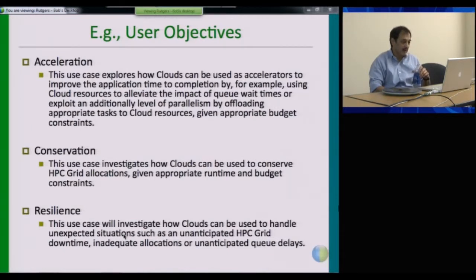And one could be acceleration. Can I use clouds as accelerators to somehow improve the execution time of my application? And what we used there was, at that point, queuing times on popular resources on things like TeraGrid were significant. And so we were saying that if I have an application workflow and if there were certain tasks